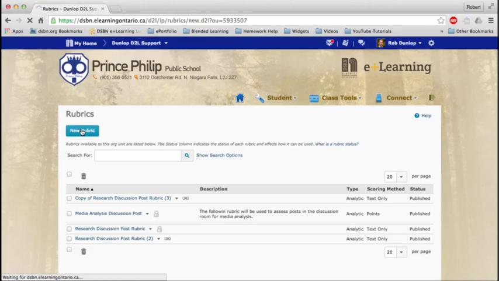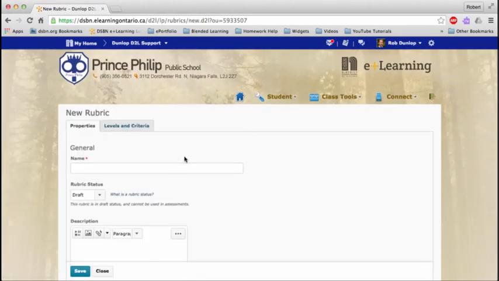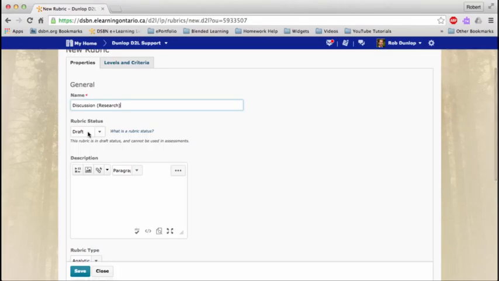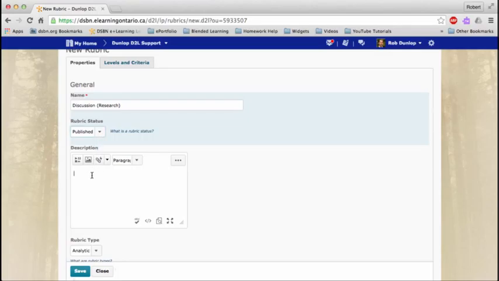When you click that, it's going to ask us for a title to start. Inside of here, I'm going to write discussions because I'm going to mark my online discussions with a focus on, say, research, right? You'll see that it's automatically set to draft. That will ensure students don't see it while you're creating it. For me, I'm okay with them seeing that, so I'm just going to publish it. Description will just say what the rubric's about, so I could say rubric to assess online discussions,